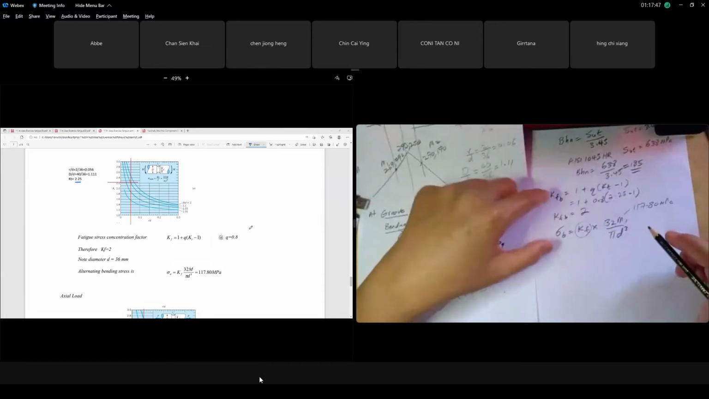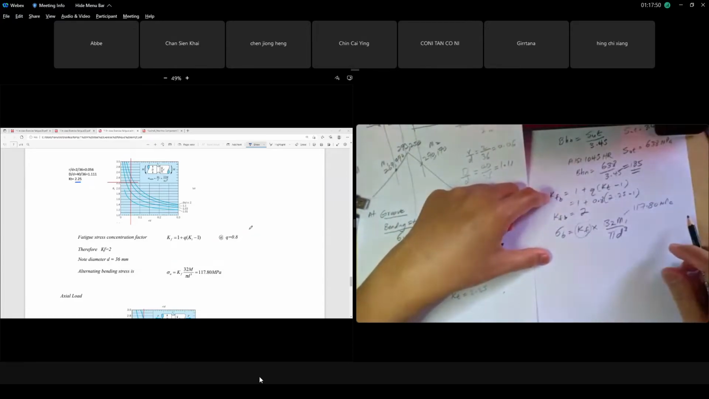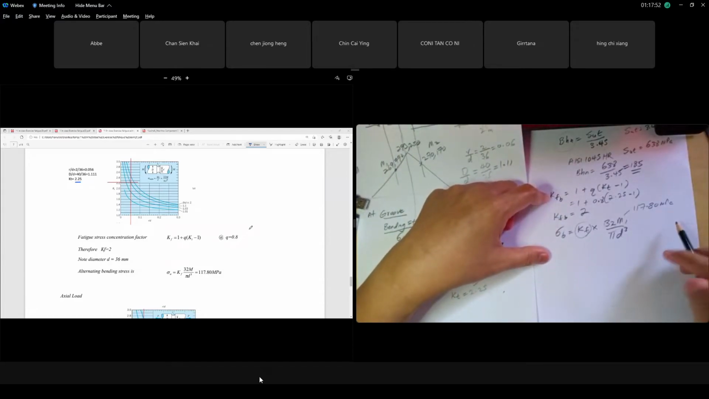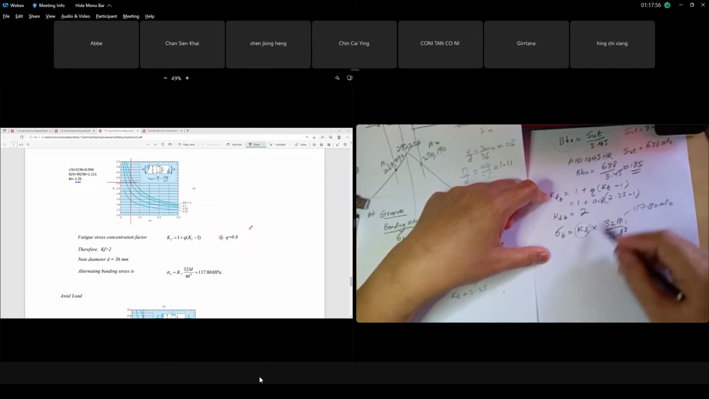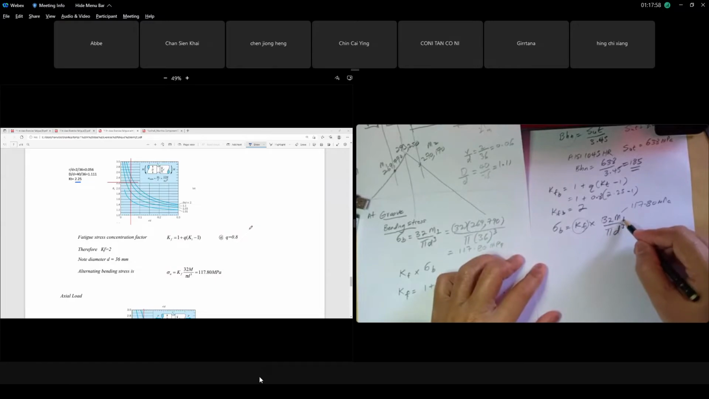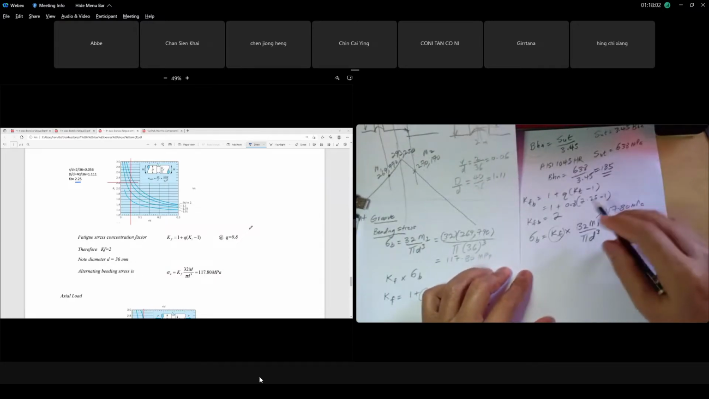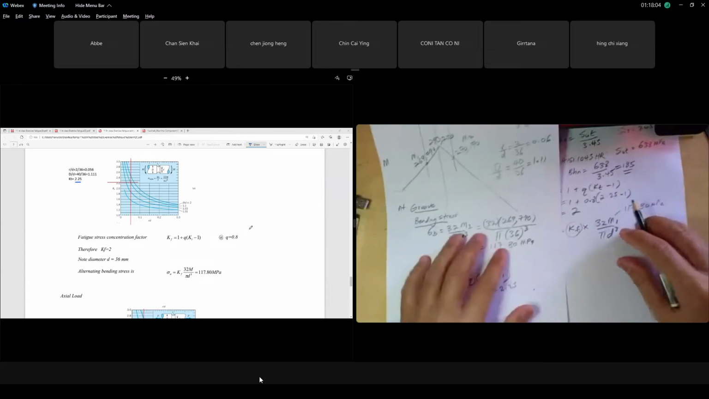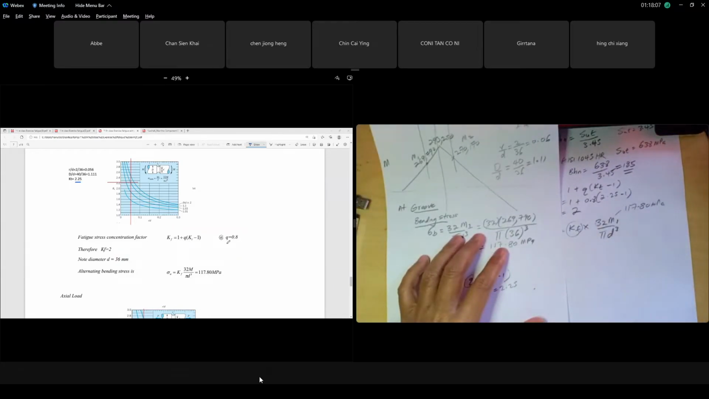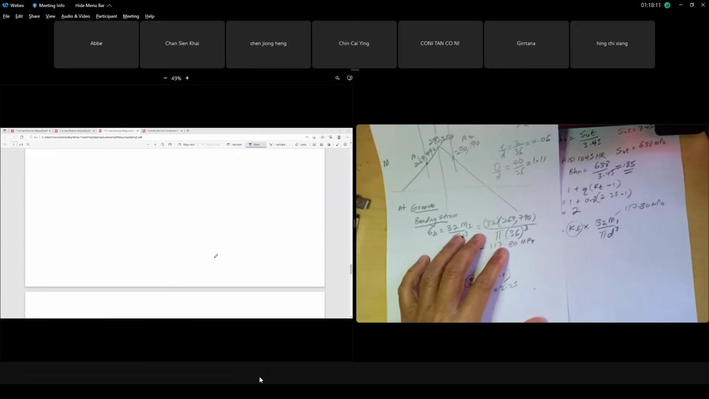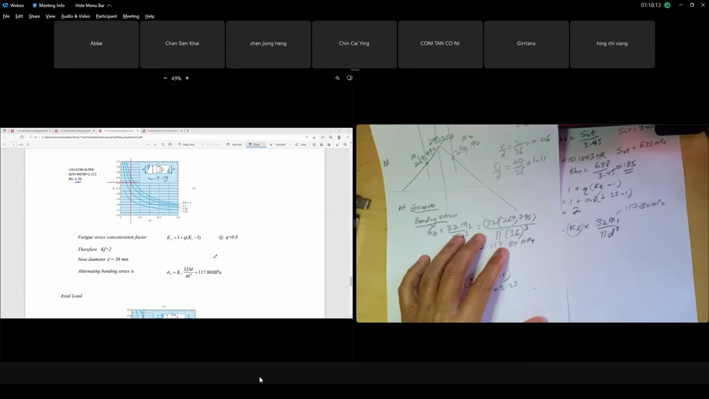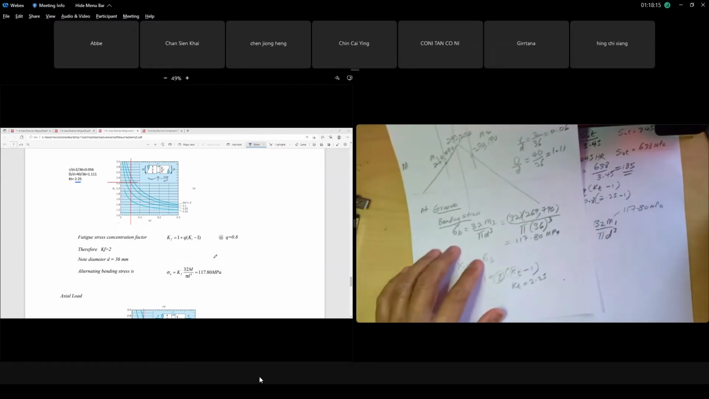But you have to understand it. You can study the solution I shared in the link, or you can watch the video. So this KF has to be multiplied to the nominal case when you calculate your bending stress. Okay, so after that, earlier it was 117.8 megapascal, so you times by 2, so you got